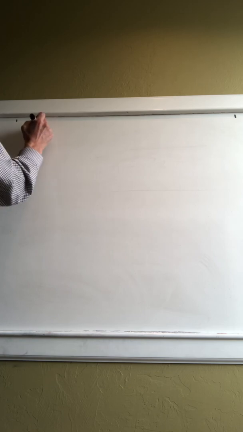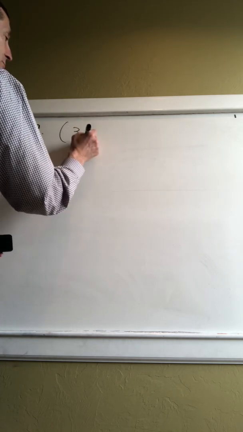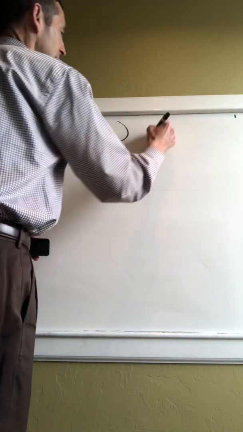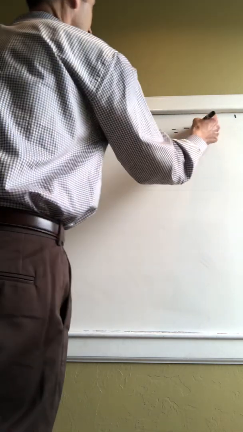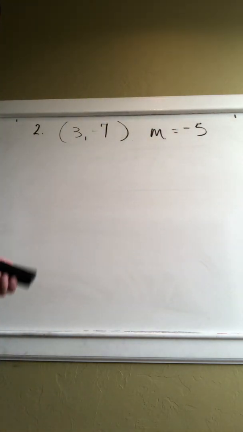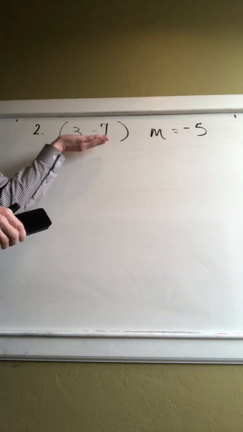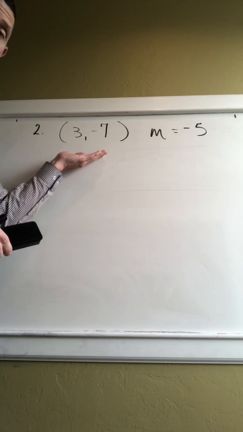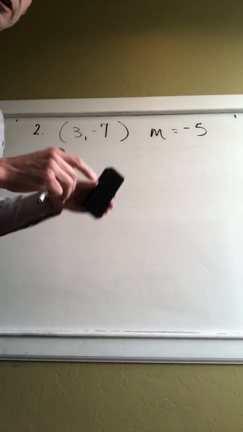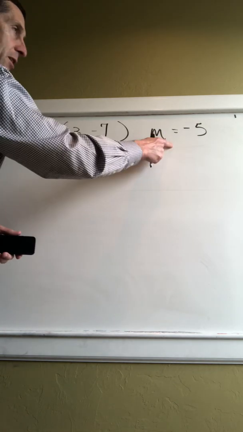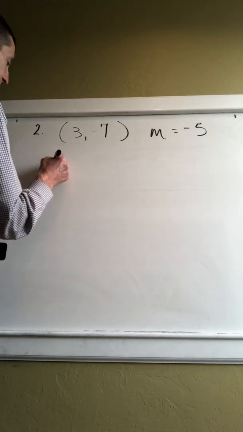Let's do a second example. All right, here we go. Number 2, (3, -7). Let's give you a slope to work with. M equals -5. So what we've got here, guys, is an ordered pair given to you called the pass-through point, and this is your slope that's given to you. So you got to find m and b. You already know m. To find b,